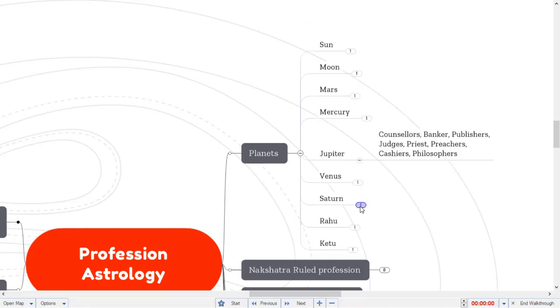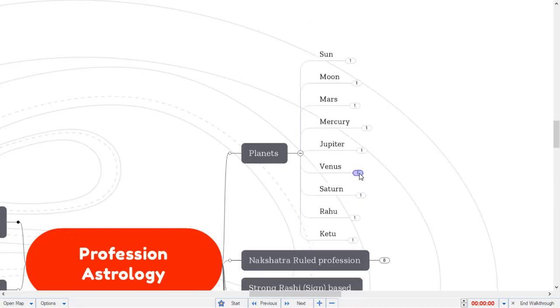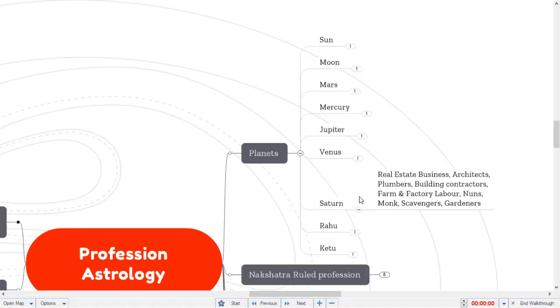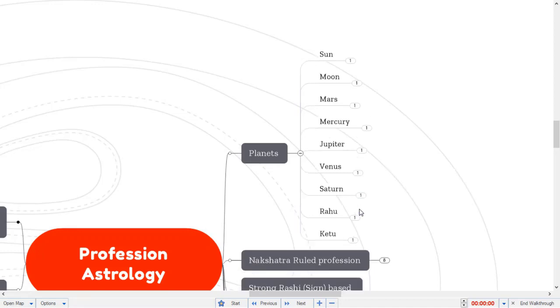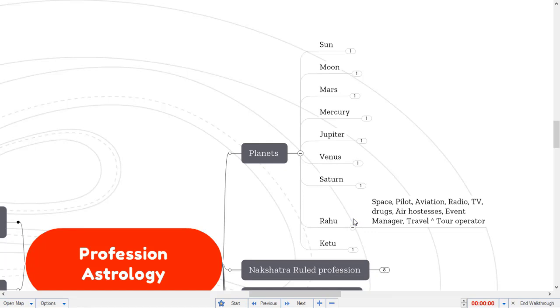Let's look at Saturn. What does Saturn represent? Saturn represents real estate business, architects, plumbers, building contractors, farm and factory laborers, nuns, monks, scavengers, and gardeners. What about Rahu? Rahu is basically space, pilot, aviation, radio, TV, drugs, air hostess, event manager, travel